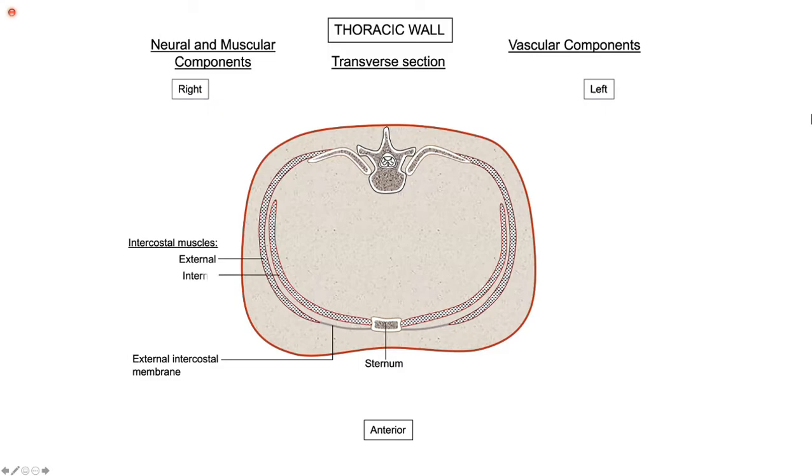This is my internal intercostal, and there's a membrane which goes to my rib. And now, what happened? So this will be what? This was my external intercostal membrane. So what do you think this should be? This is my internal intercostal membrane. Are we good? So we have seen external intercostal muscle, internal intercostal muscle, external intercostal membrane, and internal intercostal membrane. I hope we are clear on this concept.